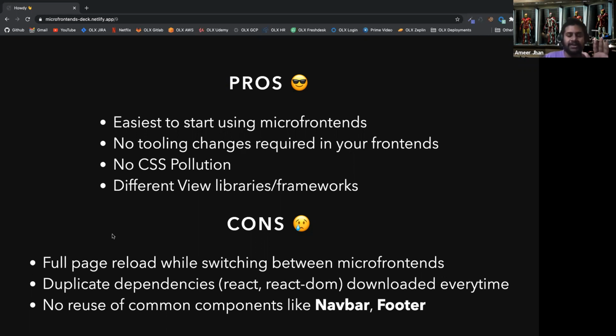But the biggest disadvantage I see in the server configuration is that you can't use common components. Let's say we have a landing page with a navbar, and the jobs page also has a navbar and a footer, and there's another micro frontend which obviously is not going to have a navbar and a footer. So we are replicating code across multiple micro frontends, across multiple technologies, and if we want to make a change, it is not easy to make it everywhere. You can argue that I can make it into a design system library and push it into npm.